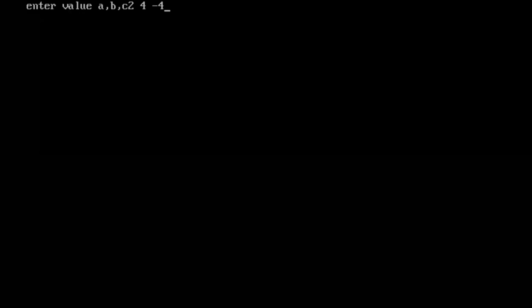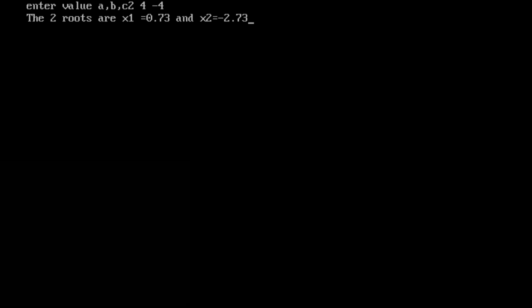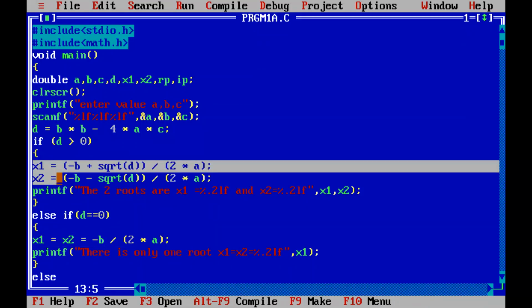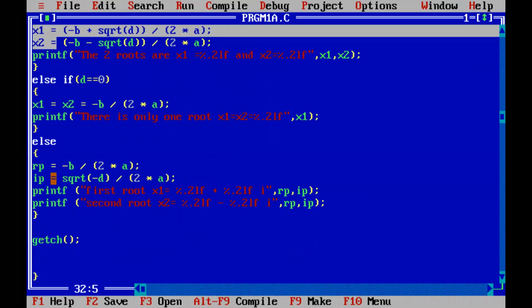Okay, so when I'm running this condition and getting two roots, X1 and X2, can you make out which execution that is, whether D is greater than 0, D is equal to 0, or D is less than 0? Which condition is being executed? For which condition will we be getting two roots? Two roots. Second condition, ma'am. Second condition has only one root, no. First condition has two roots, and even the third condition has two roots.